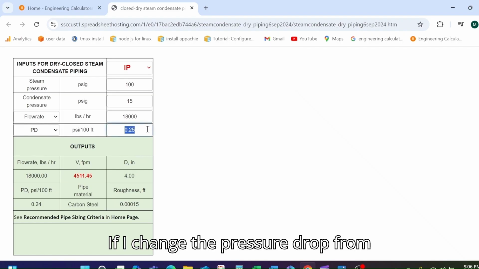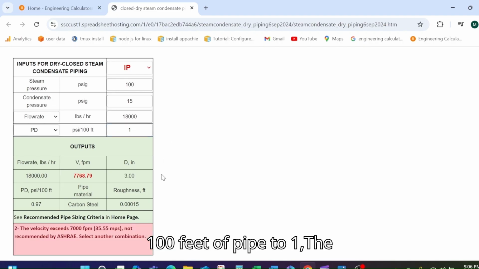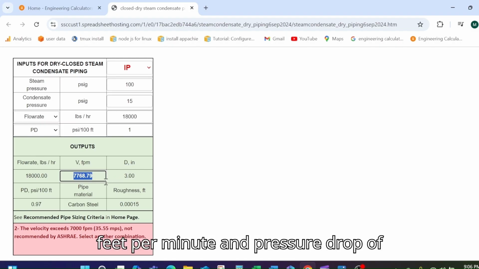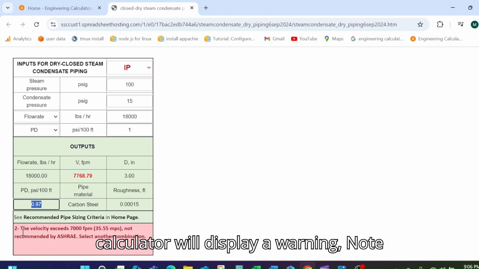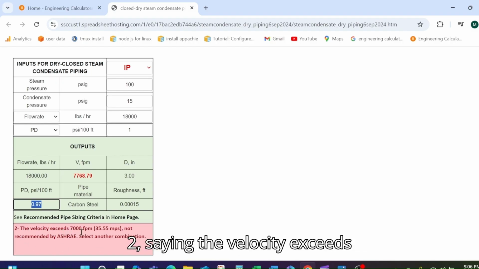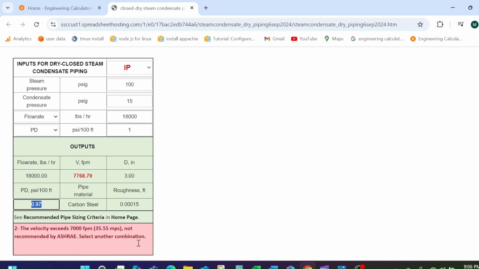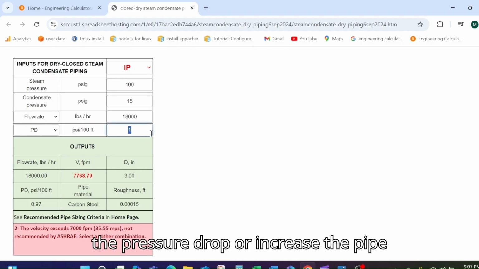If I change the pressure drop from 0.25 psi per 100 feet of pipe to 1, the results will be 3-inch pipe, velocity of 7,768.79 feet per minute and pressure drop of 0.97 psi per 100 feet pipe. The calculator will display a warning, Note 2, saying the velocity exceeds 7,000 feet per minute, not recommended by ASHRAE. Select another combination. To make corrections, we can either reduce the pressure drop or increase the pipe diameter or both